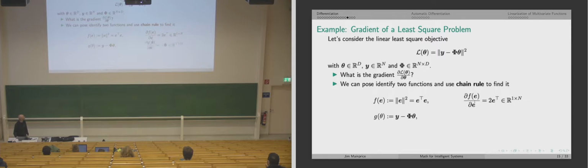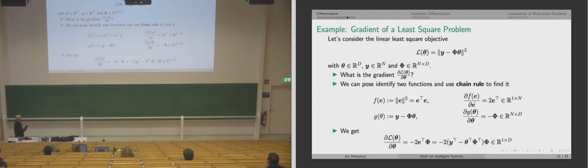Minus phi, yes. So, yeah. And then we put everything together, and we have the following. So we have that the gradient of the overall objective with respect to theta is the product of the two Jacobians. So